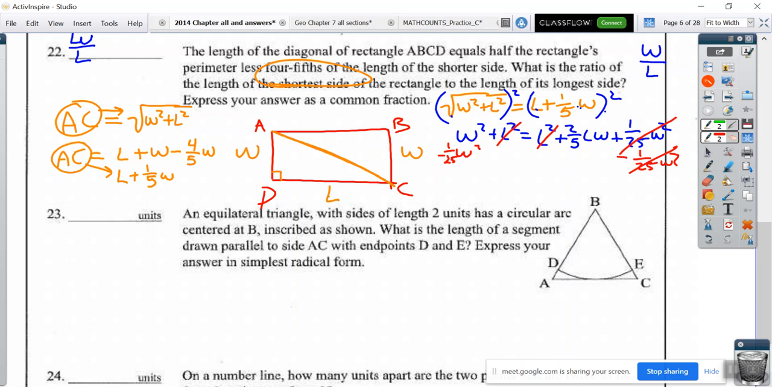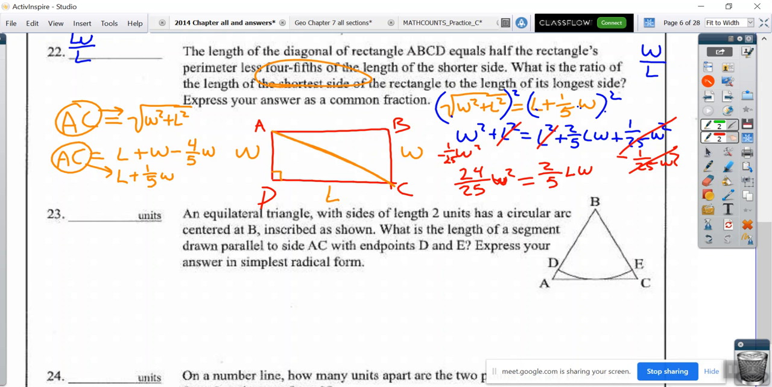So this cancels, this cancels. What is 1W squared minus 1/25 W squared? 24/25. Yeah. W squared. There you go, excellent. And so that's equal to,